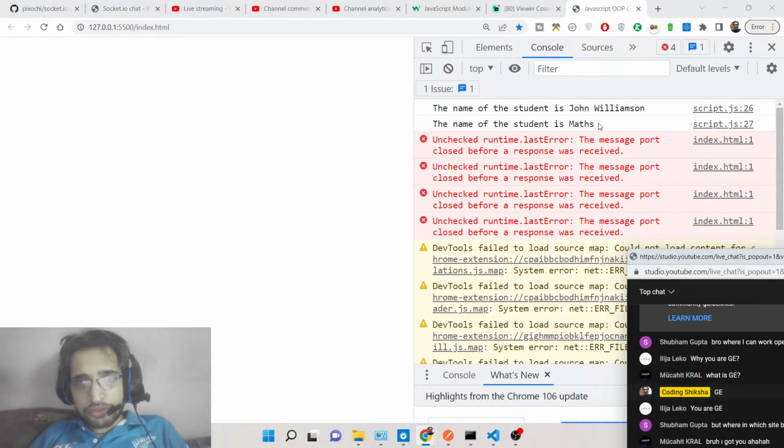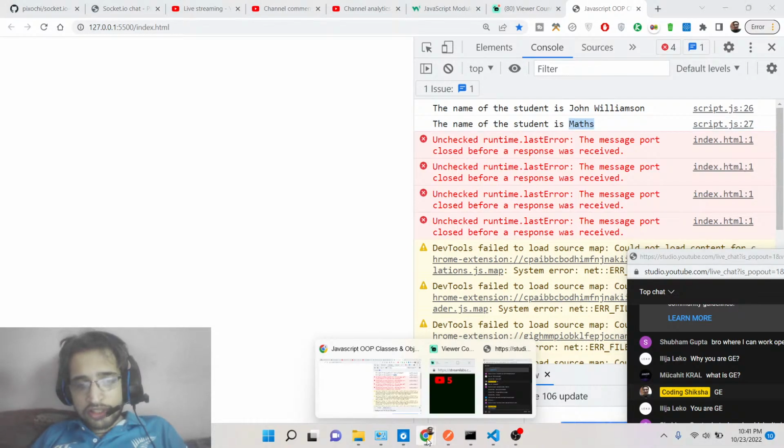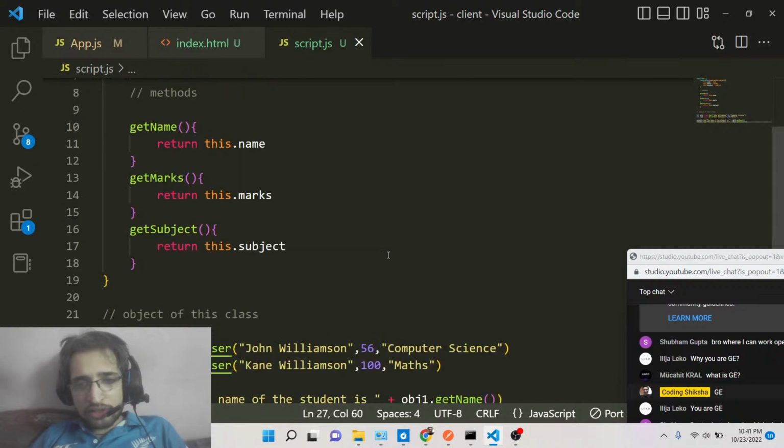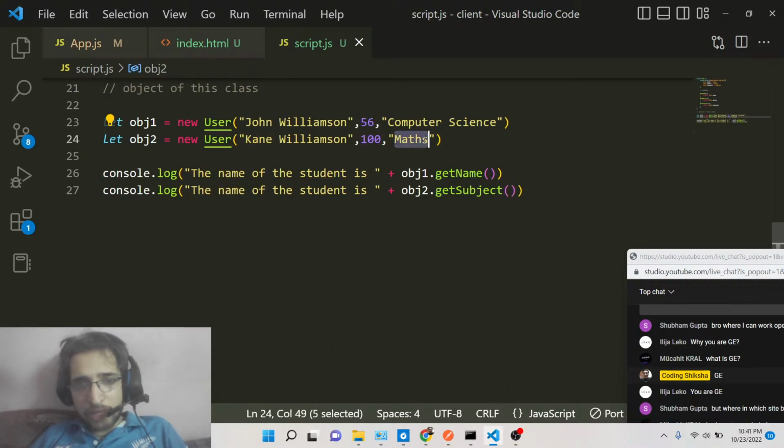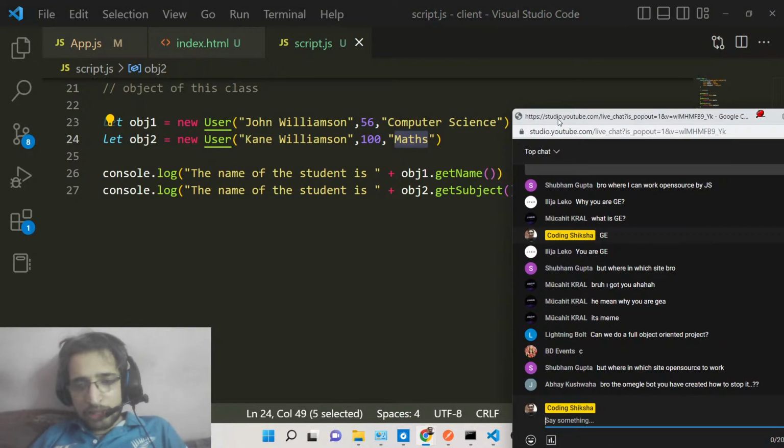So the name of the students is maths. So basically you can see it is returning out the subject name that was initialized here, which we have passed here, which is maths. So this is a very simple way by which you can see that